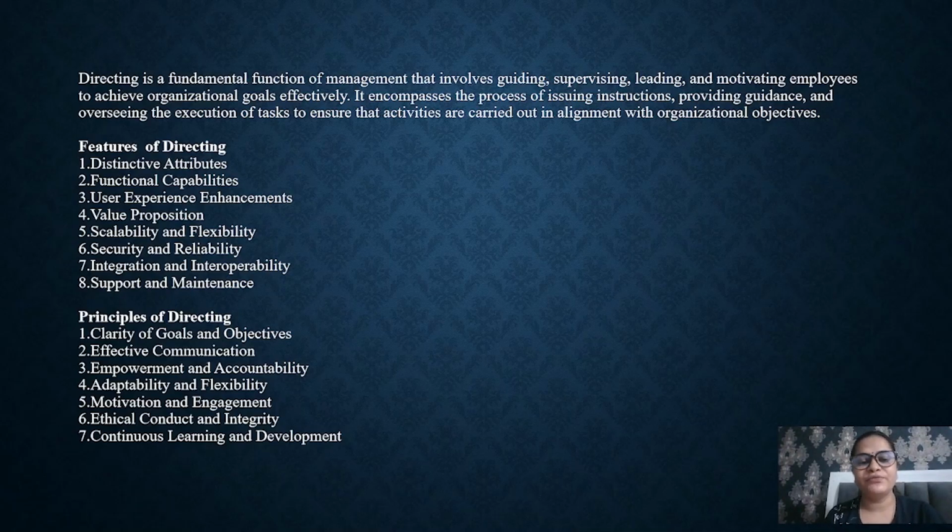So the reliability feature focuses on minimizing the downtime, which means that it ensures the consistent performance of the product or the services, and it helps to implement the backup and recovery procedures so as to maintain the